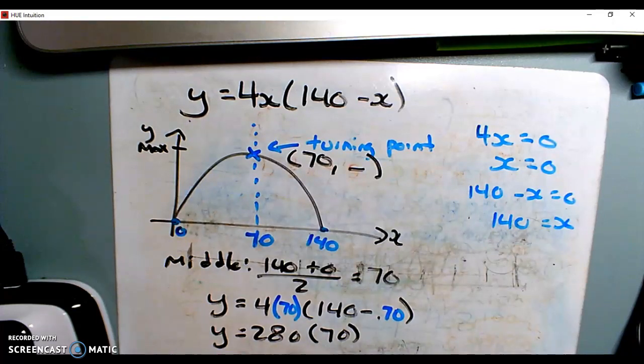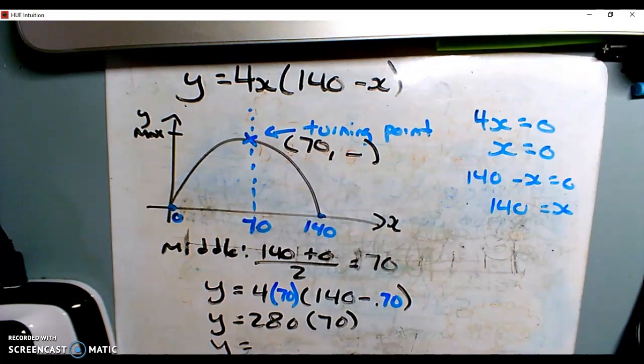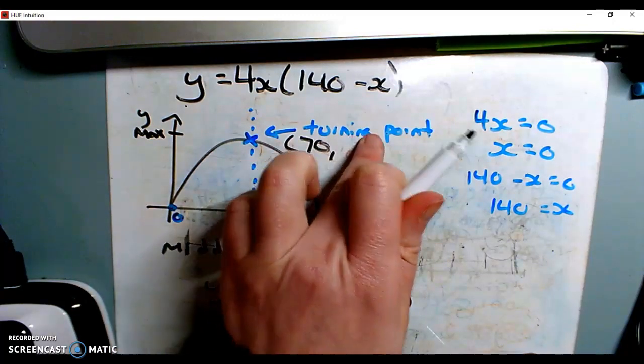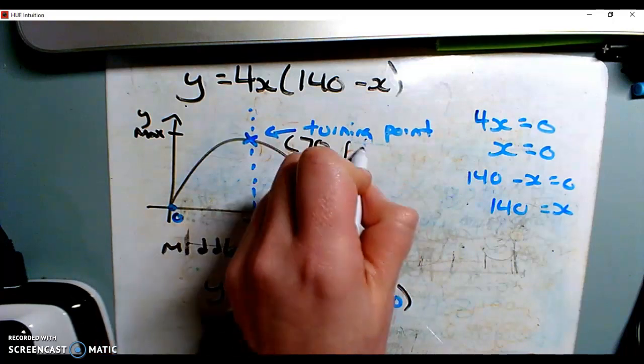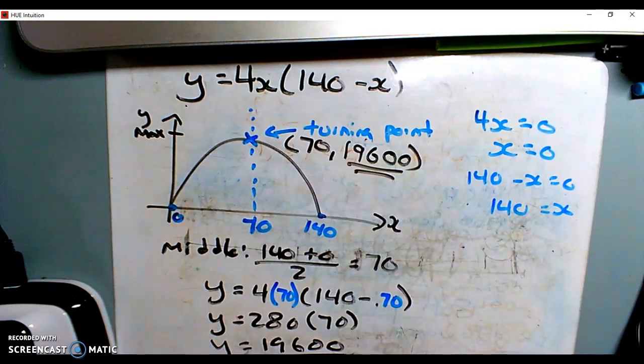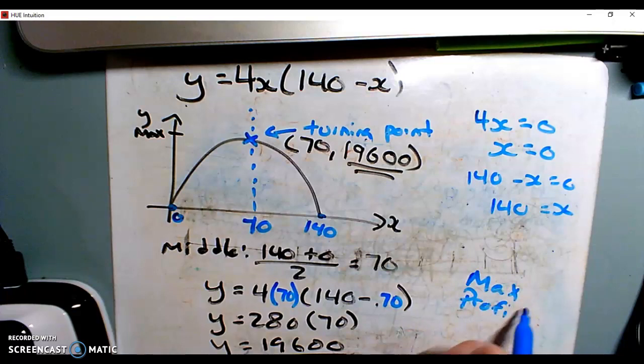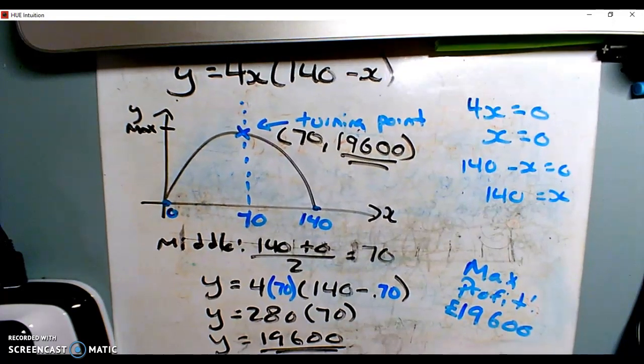And then when I work that out, my y value is 19,600, which was my maximum value. So this turning point up here is 70, 19,600, and that tells me my maximum value, my maximum profit. So my max profit would be 19,600. Another way, and probably much easier way to think about this question